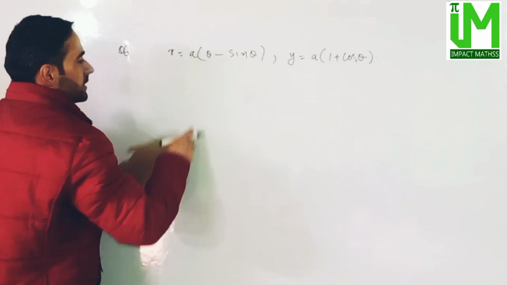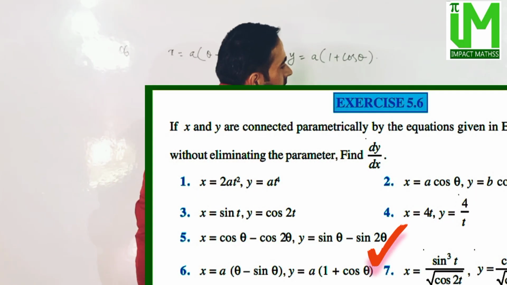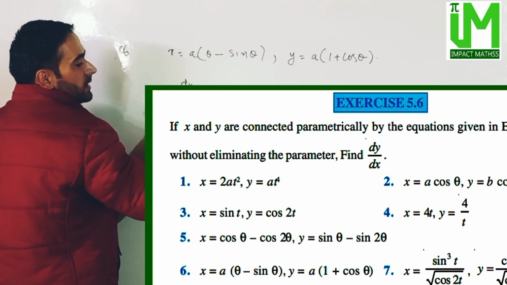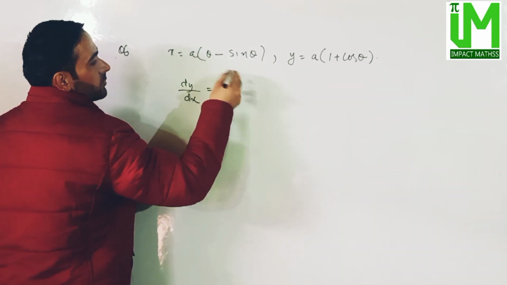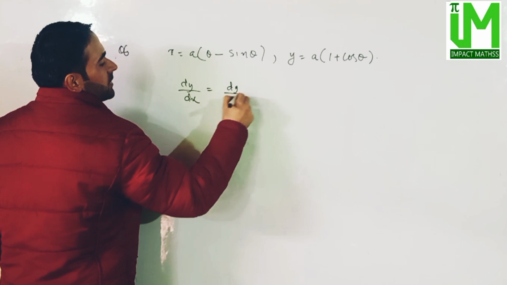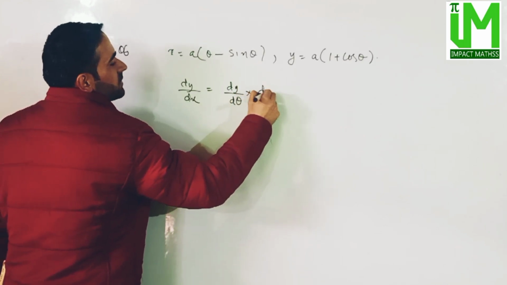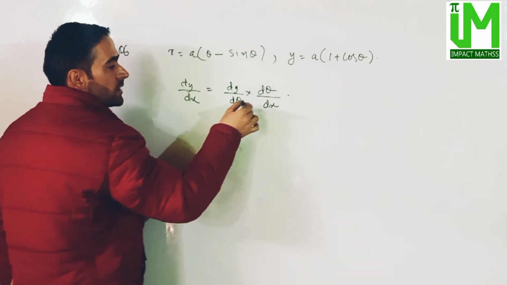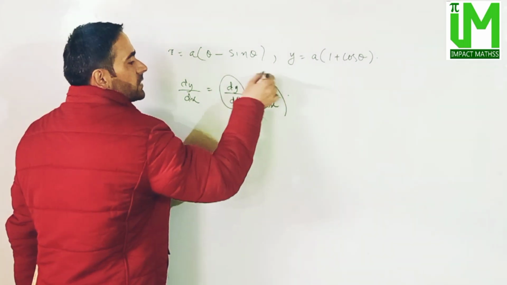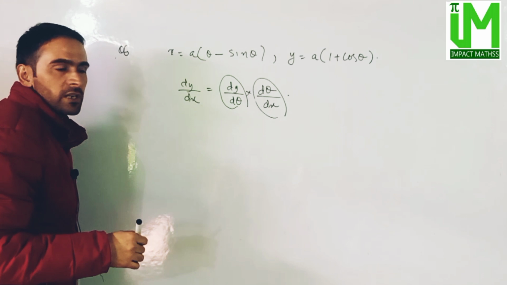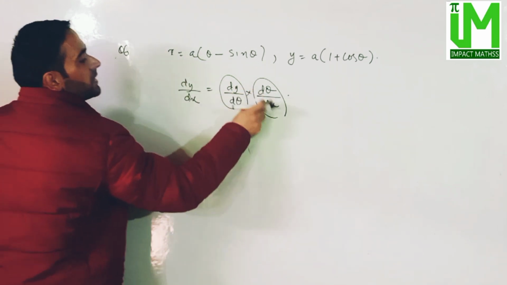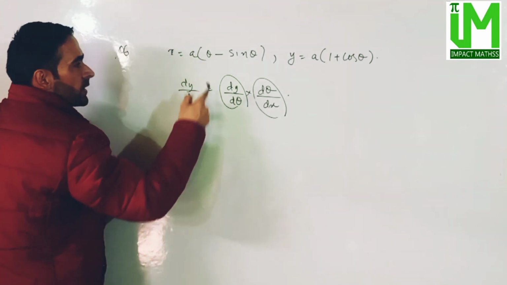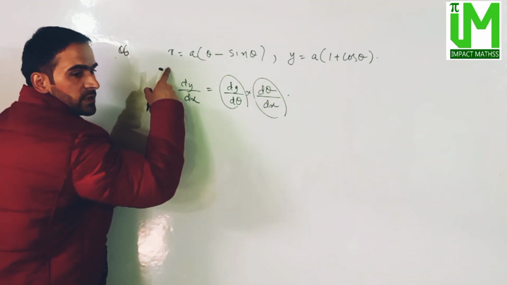क्वेश्चन नंबर 6 पहले देखते हैं. So we have dy by dx. We have to find dy by dx, that means dy by dx is equal to dy divided by d theta into d theta divided by dx, which means first we have to find dy by d theta and then we have to find d theta divided by dx, ठीक है? So d theta divided by dx क्या है? It is reciprocal of this thing, so it will be dx divided by d theta,